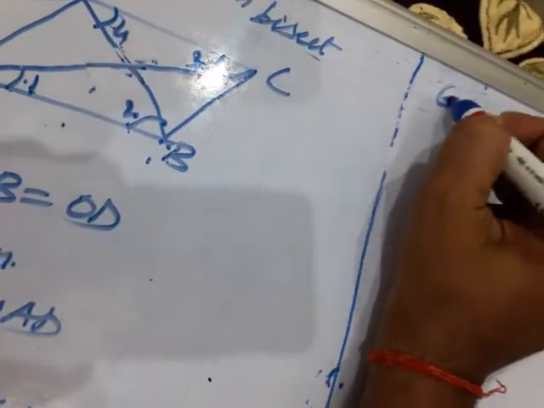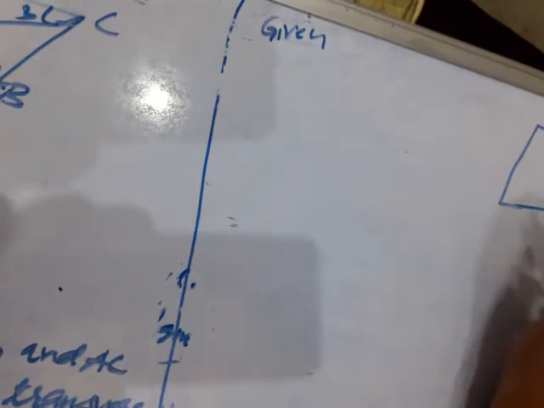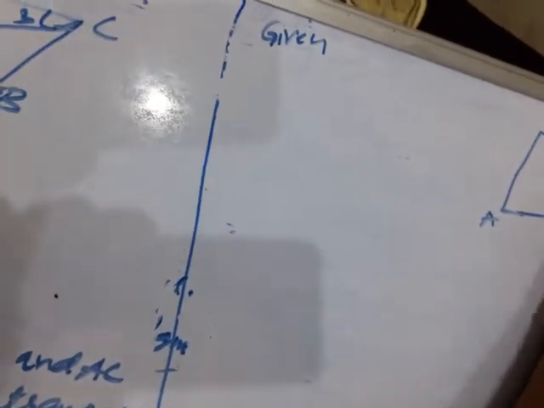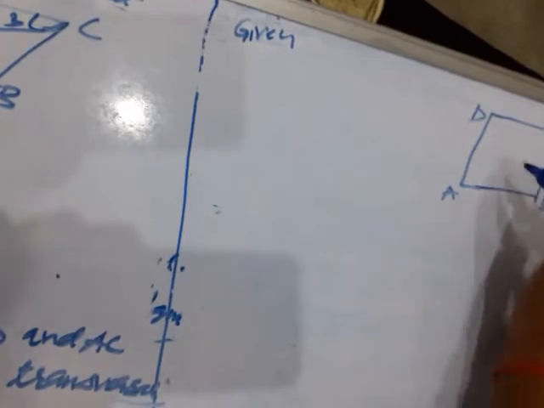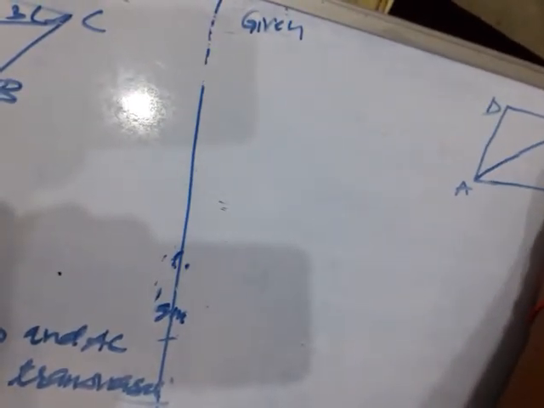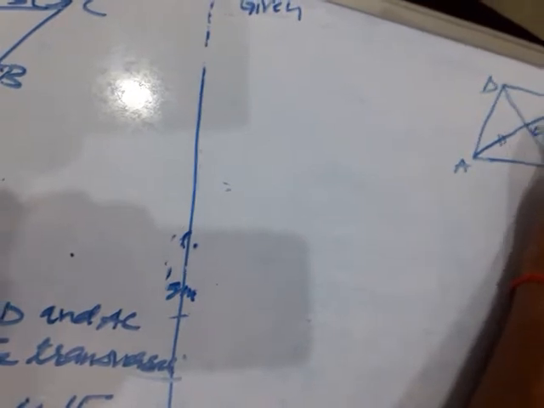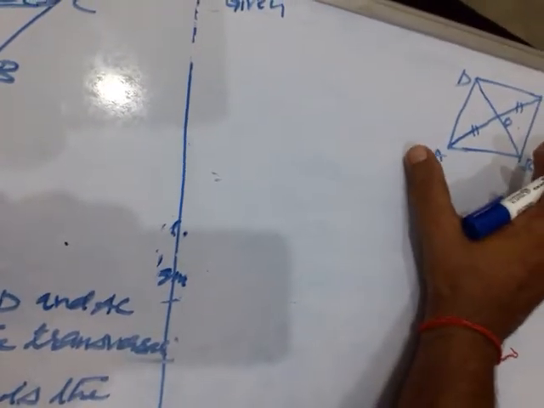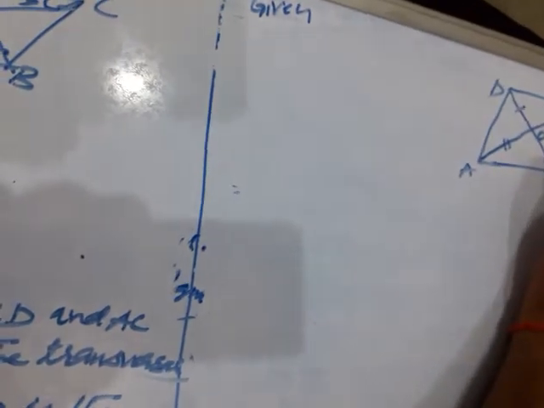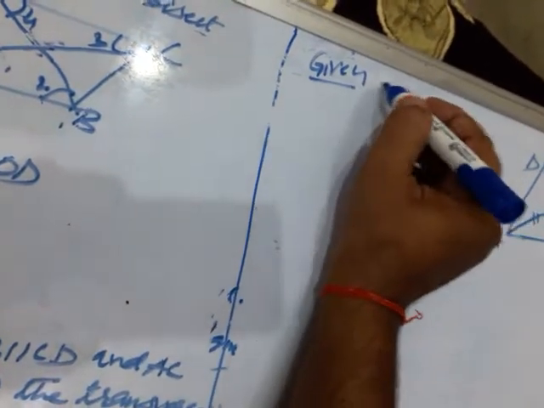Okay, what is given? What is given, children? Given that ABCD is a quadrilateral where the diagonals bisect each other. What is the meaning of bisect? Bisect means to divide into two equal parts, and they intersect each other at O. Means OA equal to OC, that is given. Clear, equality has been shown with similar markings. And OD equal to OB, it is given. Given a quadrilateral